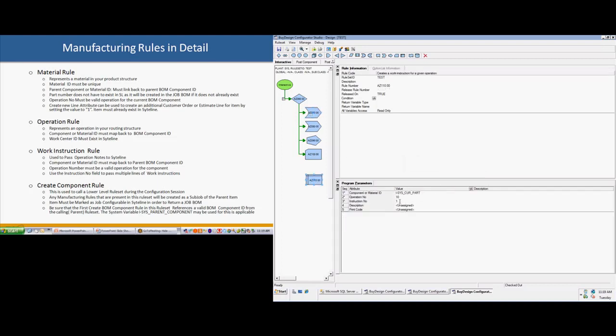The instruction number, so if you have multiple instructions that you want to send, so let's say line 1, line 2, or step 1, step 2, you would just increment the instruction number field and then put in, so like, test instruction